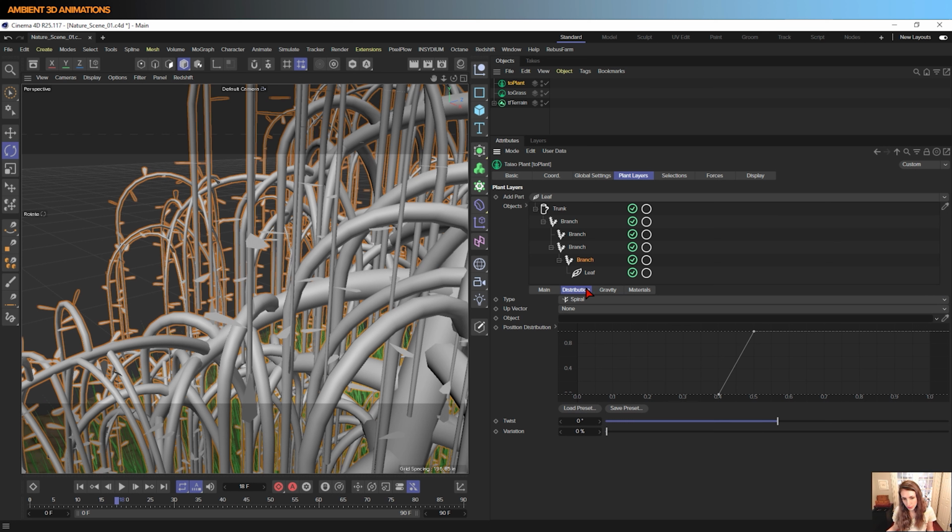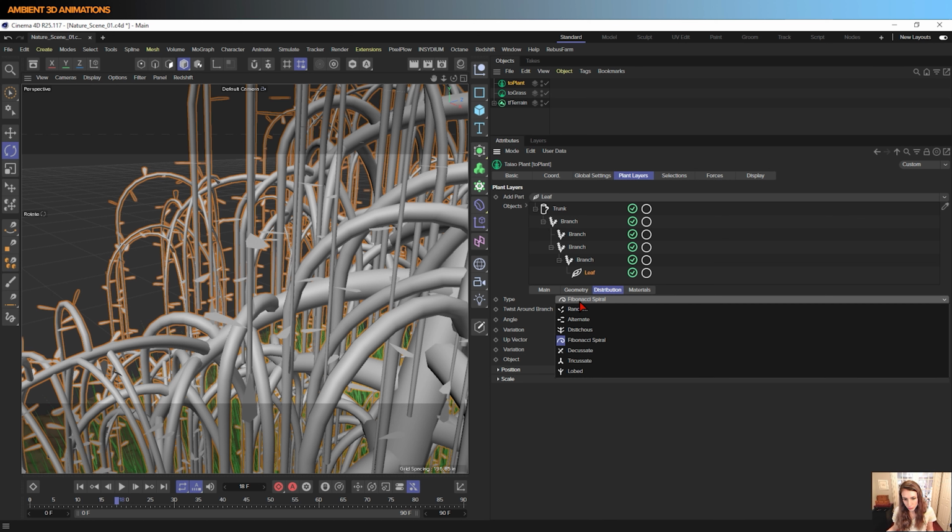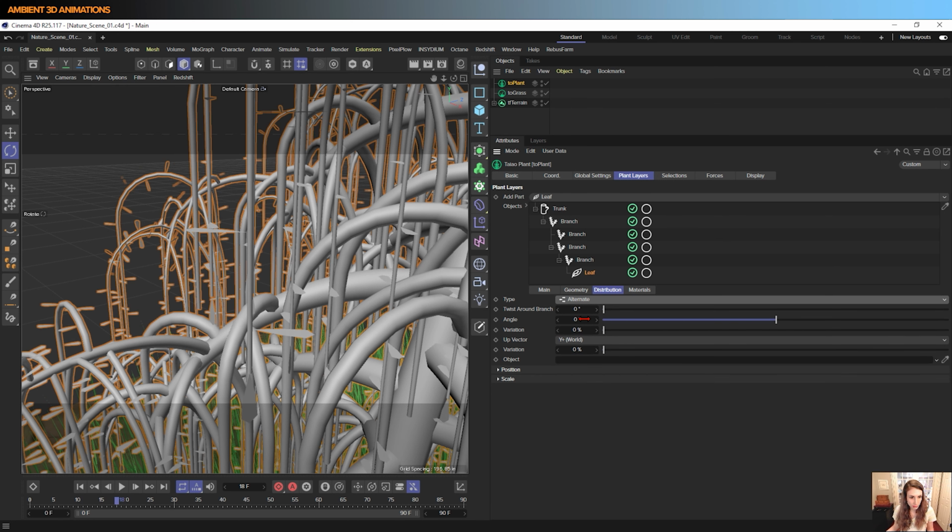Under the distribution tab for our leaf, you can choose how you would like these to be distributed. You can choose the Fibonacci spiral. You can choose alternate, random, and all of these are based on nature. So I think what I've noticed with leaves that I've seen on willow trees is that they have this alternate distribution,